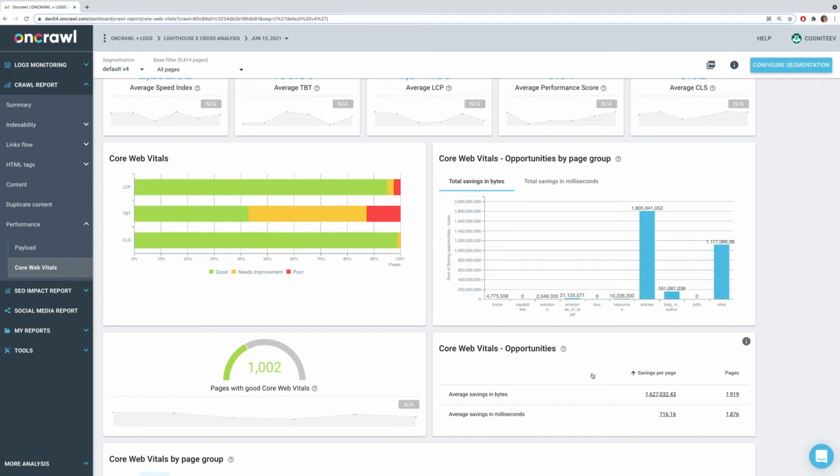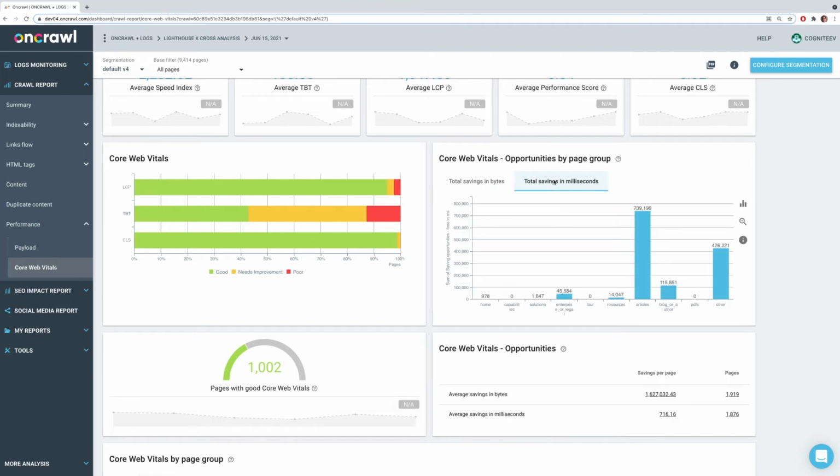But by looking at the estimated savings, you can get a good quantitative measure of how much you can potentially improve. If I look at the possible savings in the resources and articles groups, it's pretty clear that I'll probably want to focus on the articles. So here we're looking at the total savings in bytes. We can also switch the tab and see it in milliseconds, since this is going to be more important for total blocking time. And again, the articles provides a much more significant